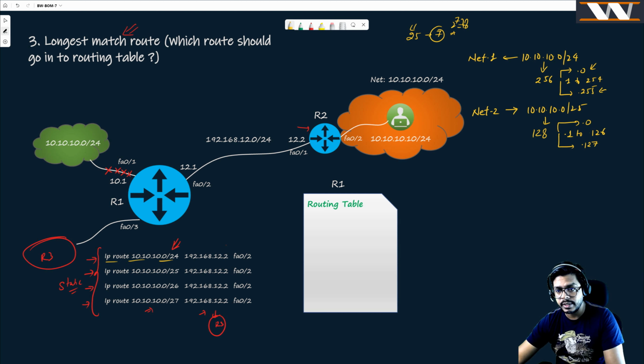Let's talk about network 3. And there is a specific reason I am writing down the range, but now you know subnetting. If you are not getting what I am explaining here, it means that you have missed one or two of the classes from the last 6 classes, right? Let's talk about the third network. The third network is